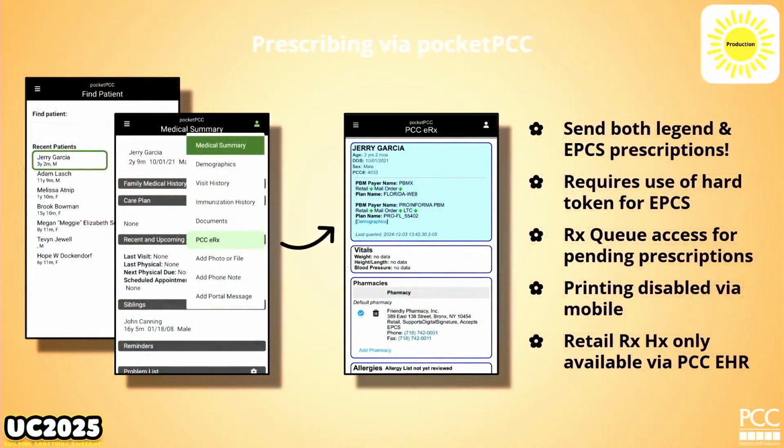Maybe later we'll add some other stuff if it becomes relevant for you, but in most cases I think it was the pending prescriptions. Is there anybody really wishing for renewal requests or change requests, things like that? I feel like people don't really like renewal requests anyway. They get a bad rap. We disabled printing because if you're at the campground or the kids' soccer game, are you next to your printer with that special prescription paper? Probably not. So if anybody's really missing the printing, we can talk about it, but we figured that was a good move.